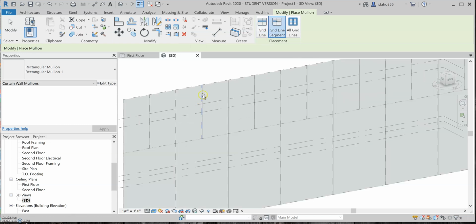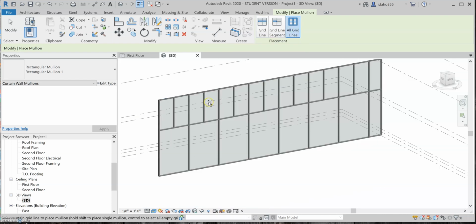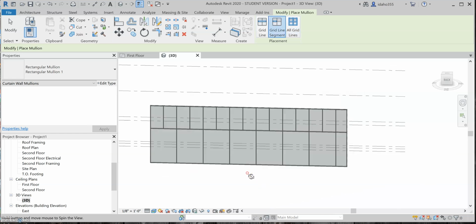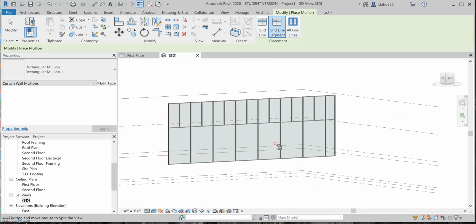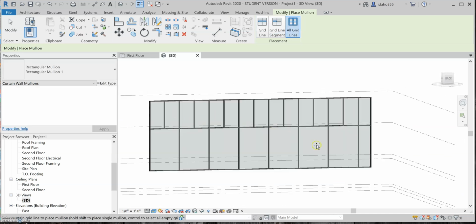You can pick just one segment at a time, or you can do full grid lines, or there's the option to do all grid lines, which is the fastest, and that just does all of these all at once for you, which is something that I would probably use pretty frequently just because it's efficient,